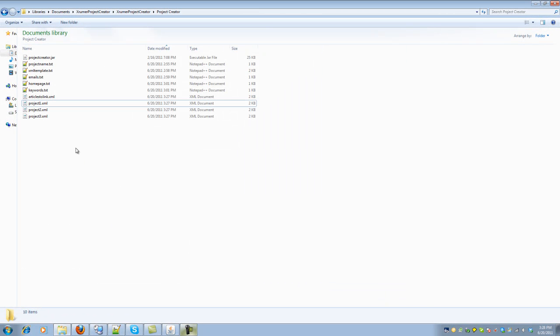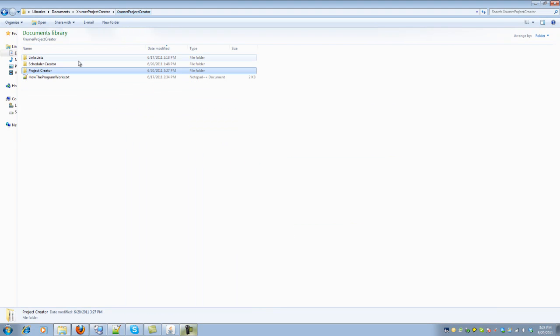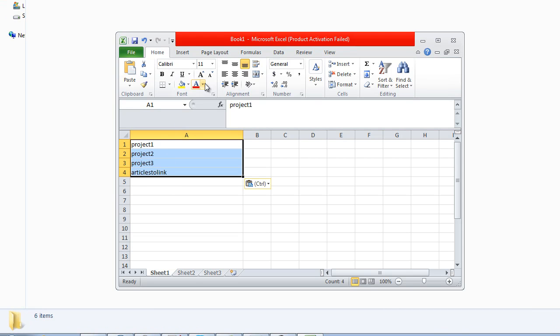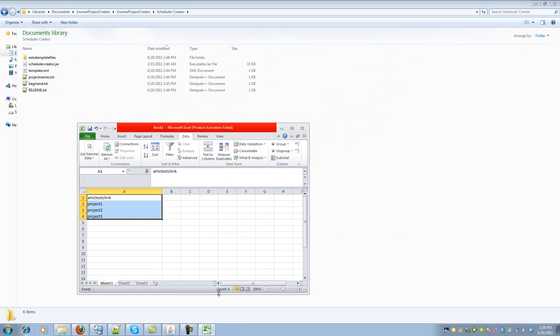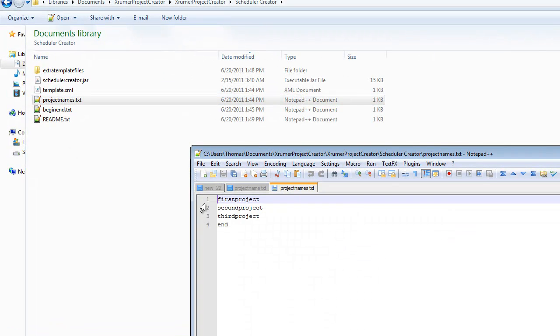So now I'm going to show you how I generate my schedule.xml file. I take the project name, contents, and I go to the scheduler creator. I usually open up Excel and I put in my projects and I sort. Okay, and the scheduler creator works like this. It takes whatever text file you have, and in this case I've used project names.txt, and it takes your project names